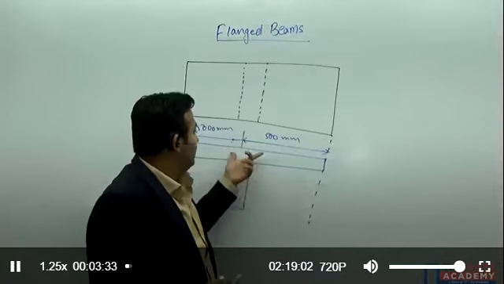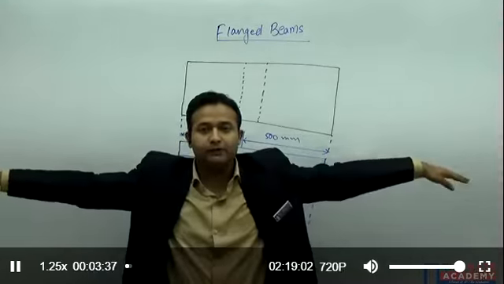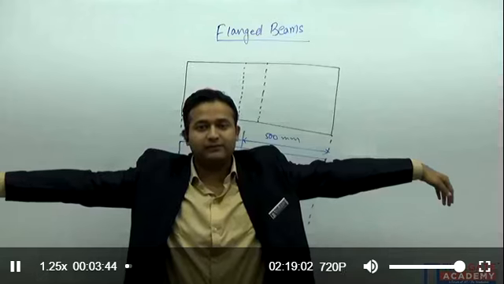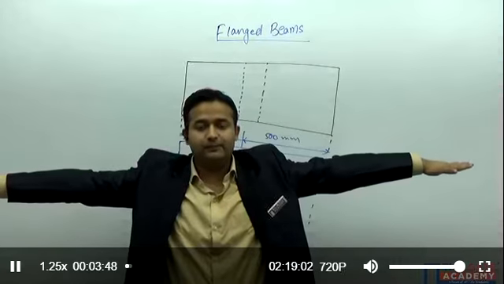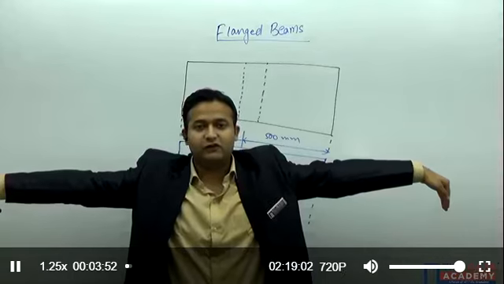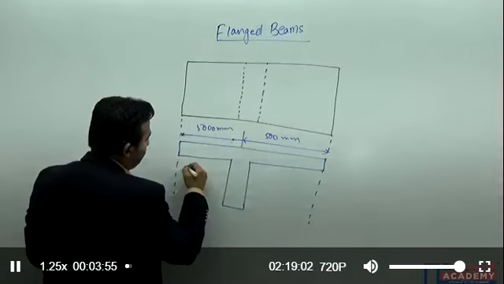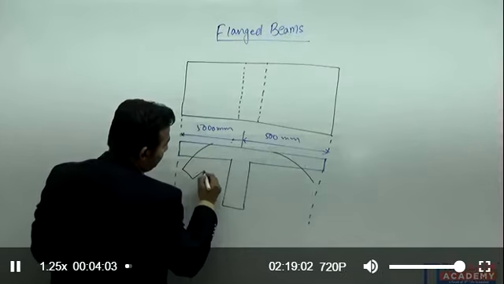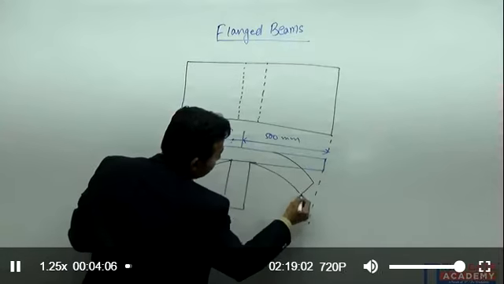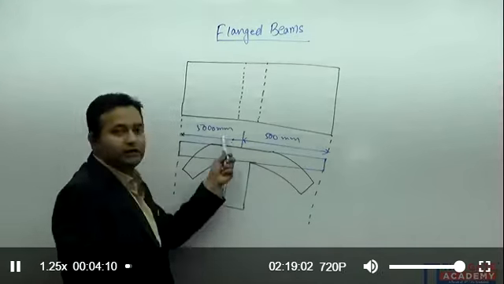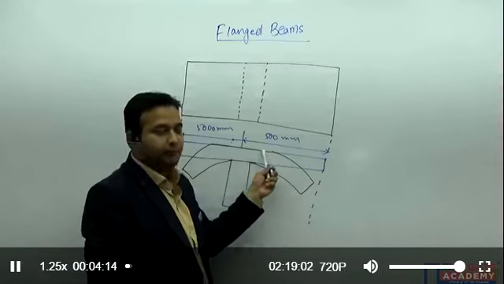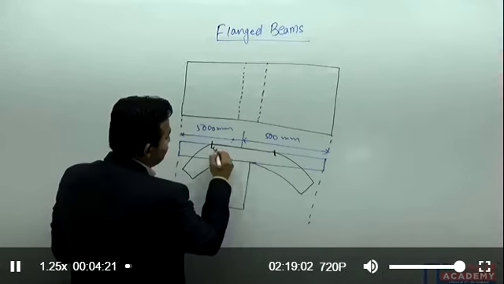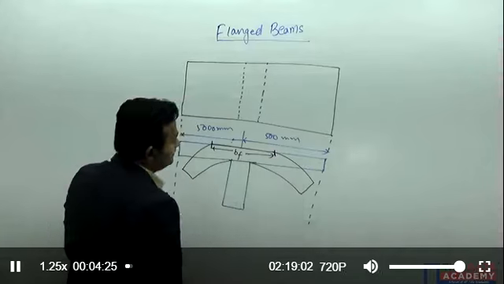So what will happen? This complete distance cannot take the load. At the time of the loading, definitely up to some distance from the web, it will be something like this. Right? This is the actual width of the flange and this is the effective width of the flange. So if I draw my figure like this, after some distance from the web, if it deflects in this fashion, it is called the effective width of the flange. So 1000 is the actual width of the flange, but the available distance to take the load is this much, from here to here. This distance is called the effective width of the flange.